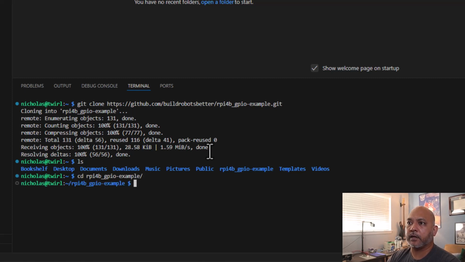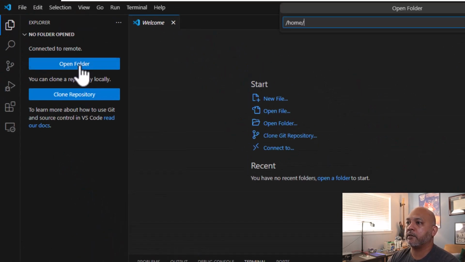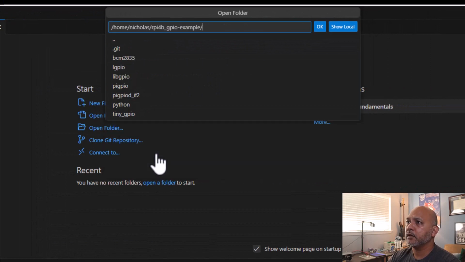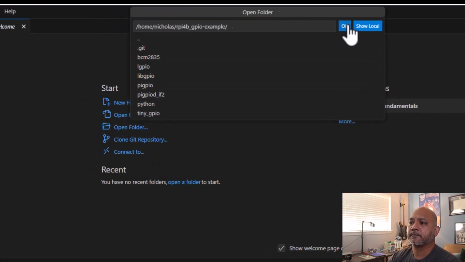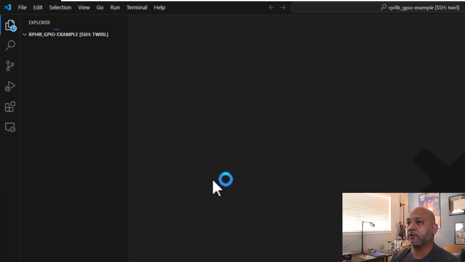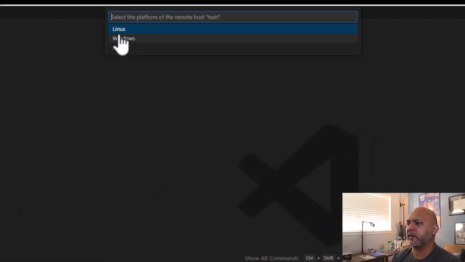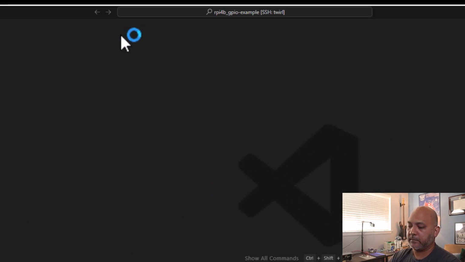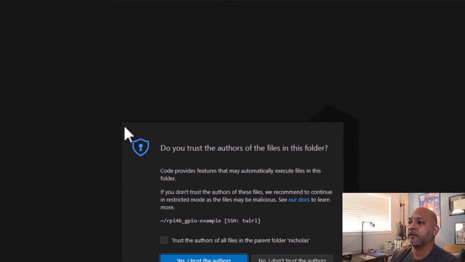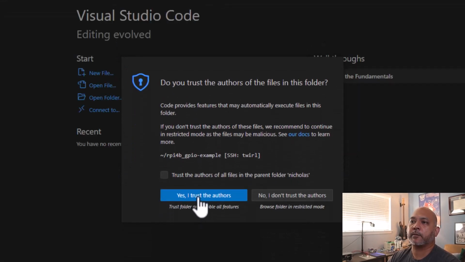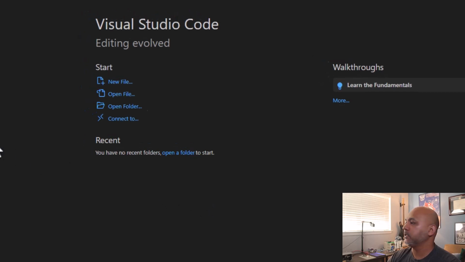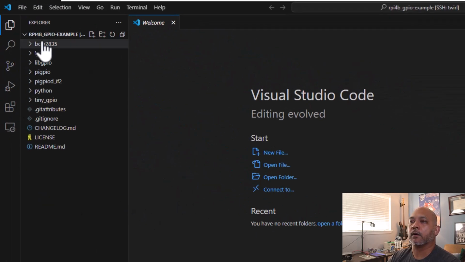Now that that is available, I can go ahead and open that in VS Code. I select that, and now it will relaunch VS Code with this folder, and I don't really know why it needs to relaunch, but it does. It will ask me some information again. Enter my password. Do I trust the author? Yes, I personally do, since it is me. And now we have our